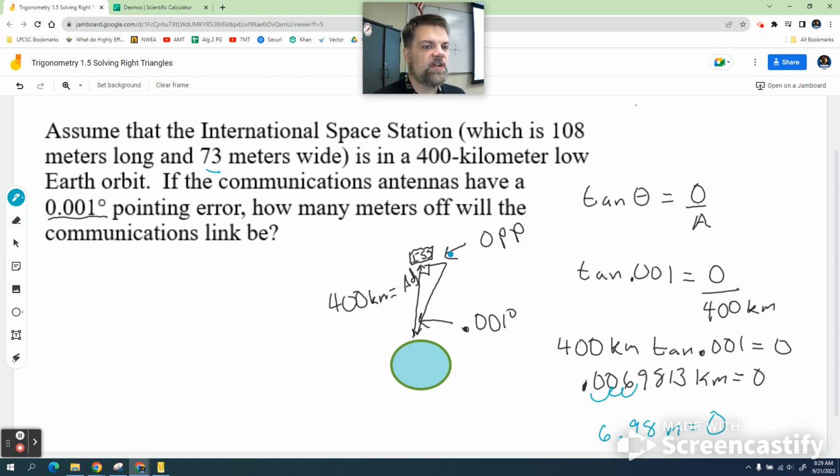And the answer is no, because it's 73 meters wide and it's 108 meters long. So there's a very high probability that they can target it and receive the messages back and forth. Does that make sense? Now, if this number right here was bigger than 73 or bigger than 108 meters, then they'd have to really find